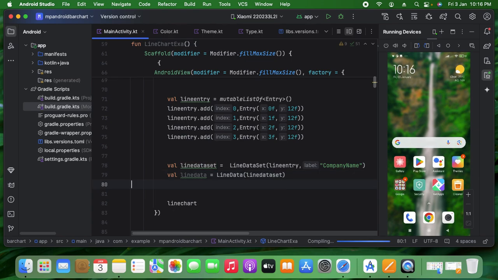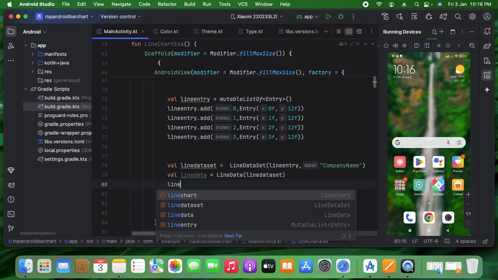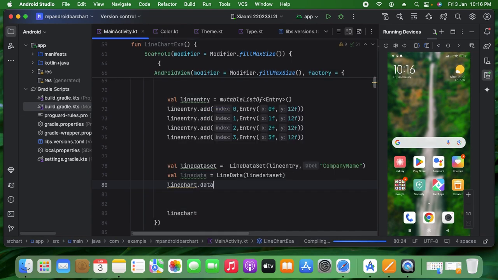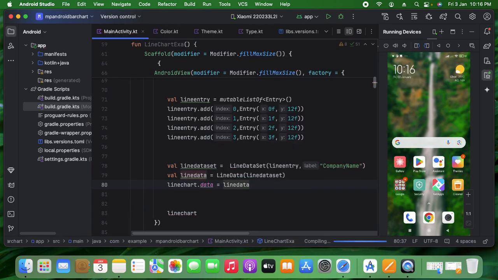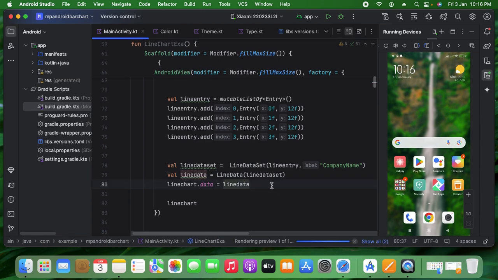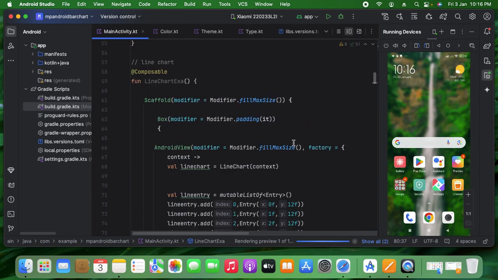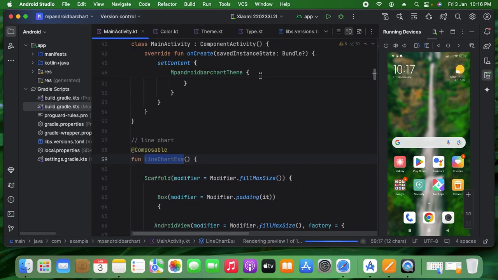Okay, and once it's done, that means we already created the data. So if you go for lineChart dot data, and then we pass that lineData. I'm making it very simple. I don't color anything, I'm just simply saying this is a simple line data. So if you go and just copy paste it,